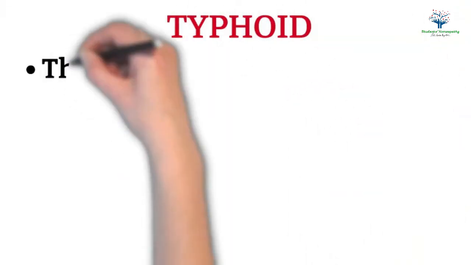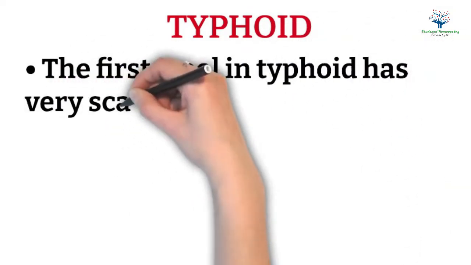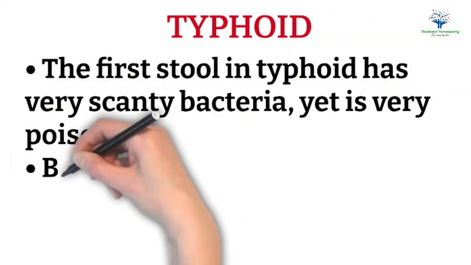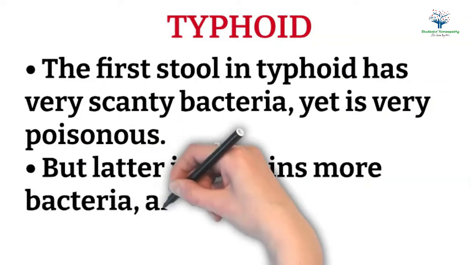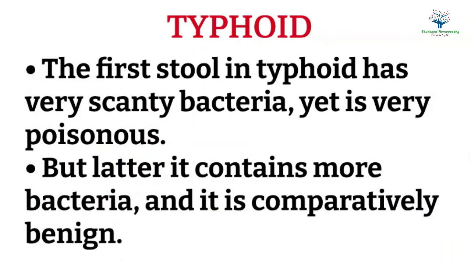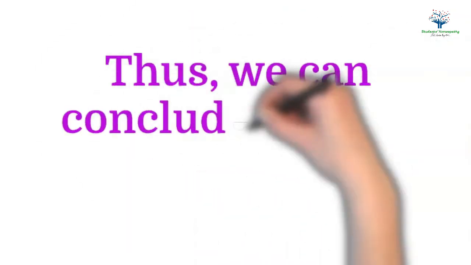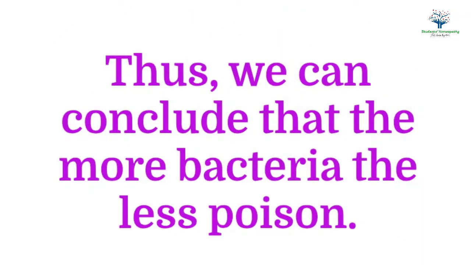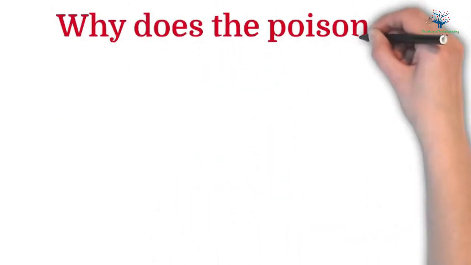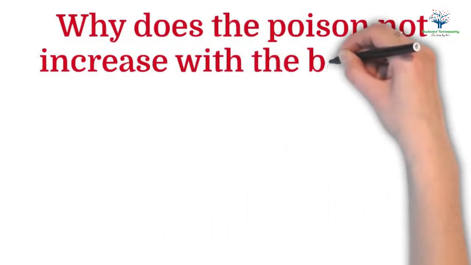So let's come to the illustration of typhoid. The first stool in typhoid has very scanty bacteria, yet is very poisonous. But later, it contains more bacteria and is comparatively benign. Thus, we can conclude that the more bacteria, the less poison. So, why does the poison not increase with the bacteria? Now,